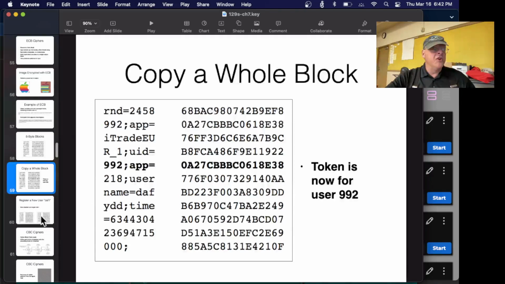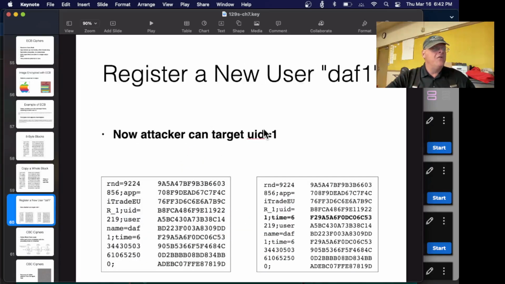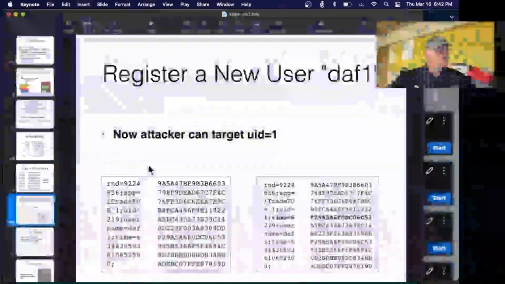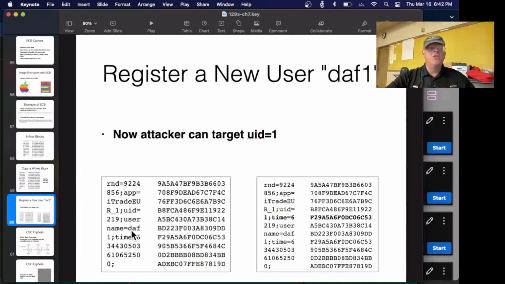And you can go even further. If you want to target UID equals 1, then you have to get a 1 here. So you create a user. If I get UID 1, I'm going to be the administrator. So what you do is create a user with a name carefully chosen of different lengths until you make a name ending in 1, and you try different lengths until the 1 wraps down here. You can generate a block of text starting with a 1 semicolon, and then when you put that in, you're going to be the administrator. It's usually user ID number 1. So that's why, even though I can't decrypt it, I can still exploit it.